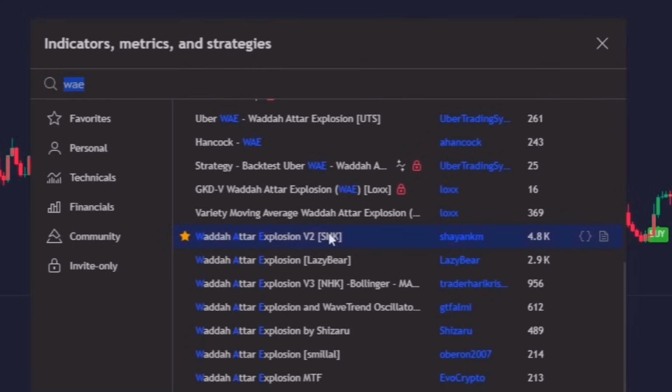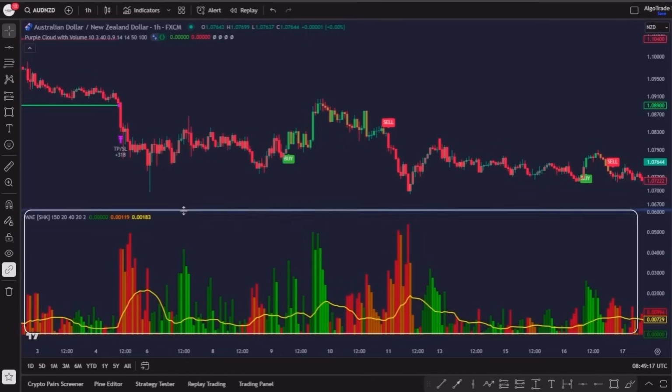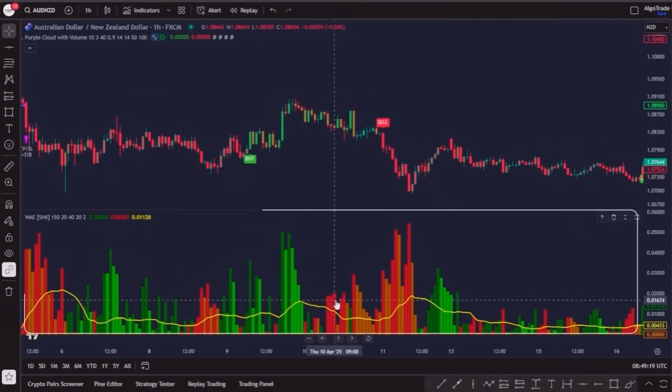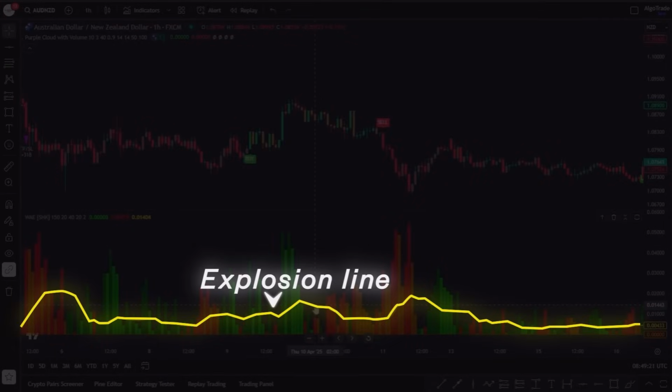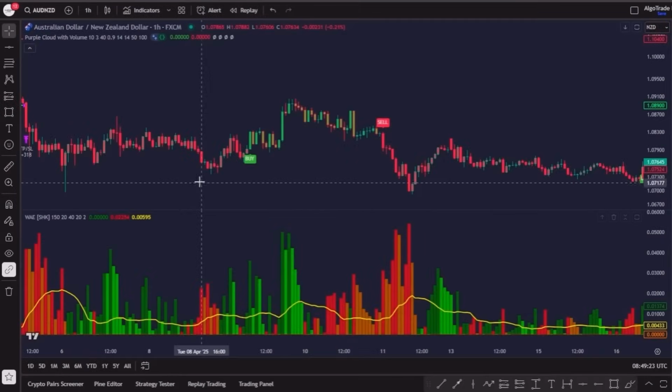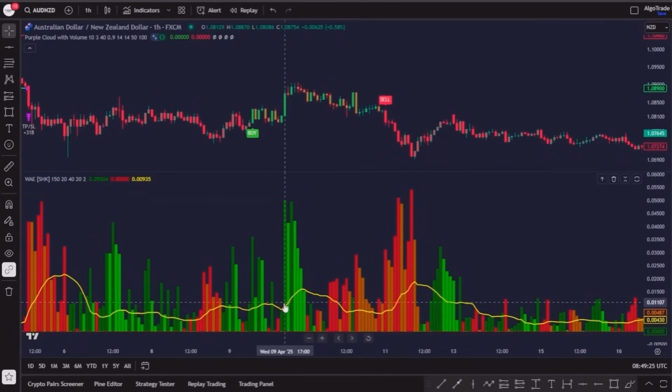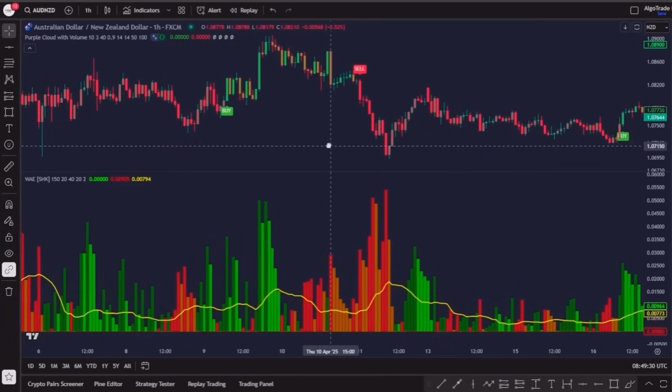This version gives us everything we need: the histogram that measures momentum, and the explosion line that acts as a dynamic threshold. When the histogram breaks above the explosion line, it means the volume and momentum are both increasing, and that's exactly